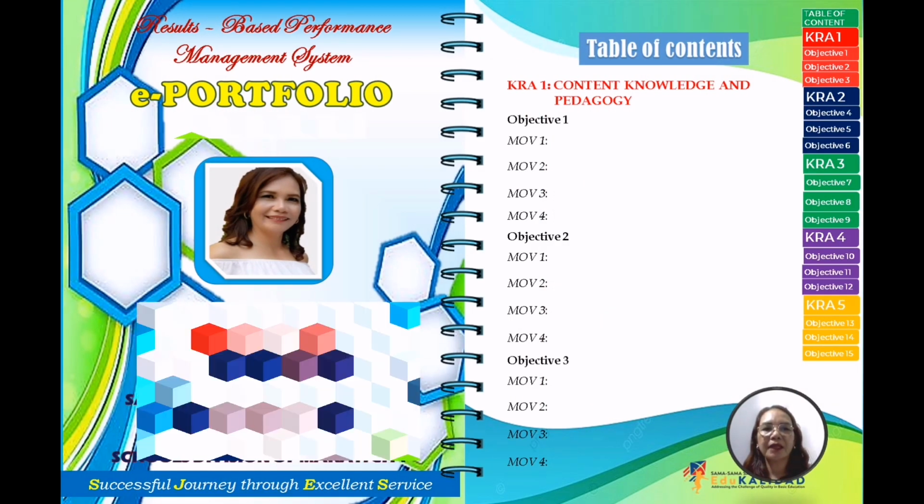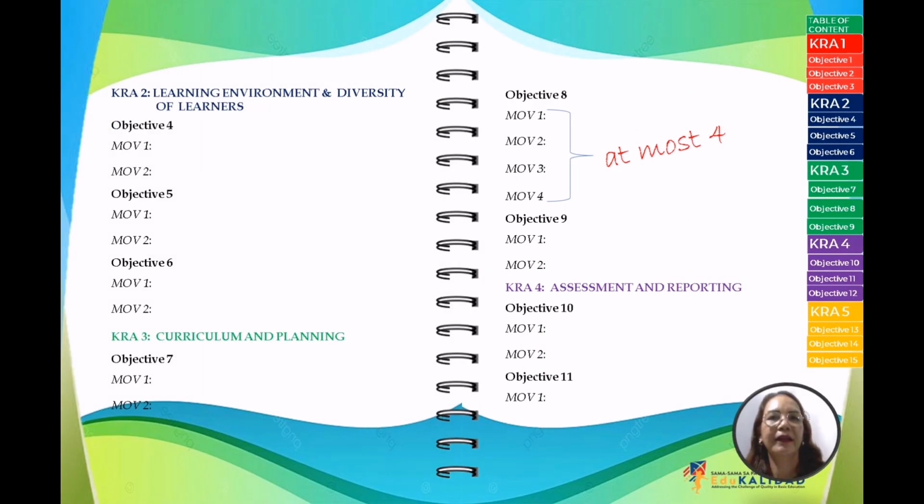So, ang unang page ay ang cover page. And then dito, table of contents na may CRAs, number of objectives, and number of MOVs. So, sa CRA 1, Content Knowledge and Pedagogy, merong tatlong objectives. Objective 1, Objective 2, and Objective 3 na may tig-aapat na MOVs. CRA 2, Learning Environment and Diversity of Learners, may tatlong objectives, Objective 4, Objective 5, Objective 6, na may tig-dadalawang